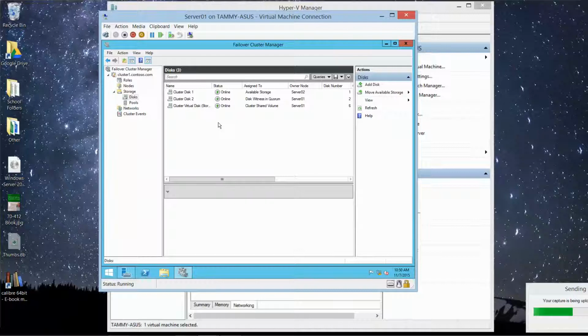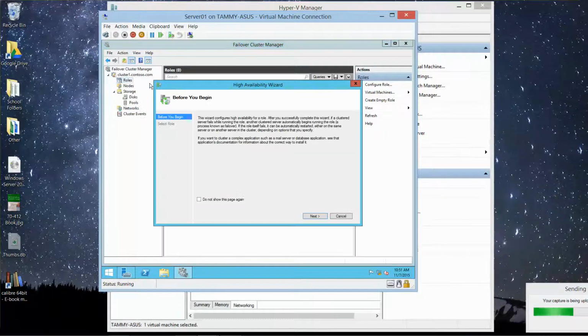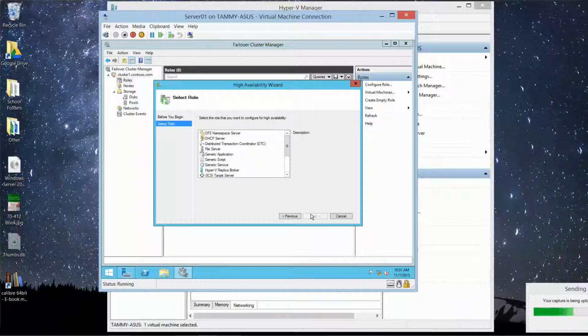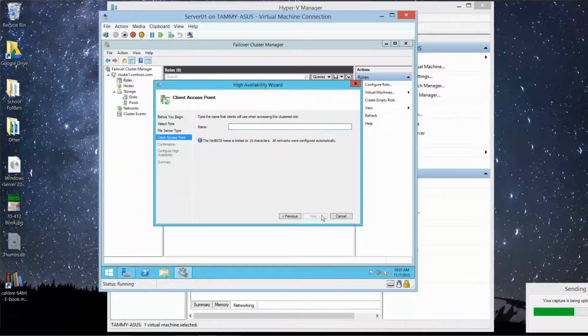Now we're going to right-click Roles, left-click, right-click, and we want to go into Configure Role, and then Next. And we're going to click on File Server, and Next, and click on Scale Out File Server, and Next,